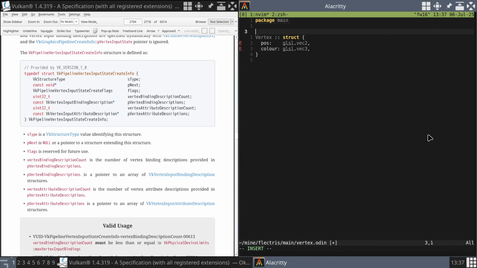That's also because it's got no imports. Import. Can't remember what it was. It was core math. Sorry, core math. linalg glsl. And I think we're going to want to make things in here that are like our vertex binding descriptions and